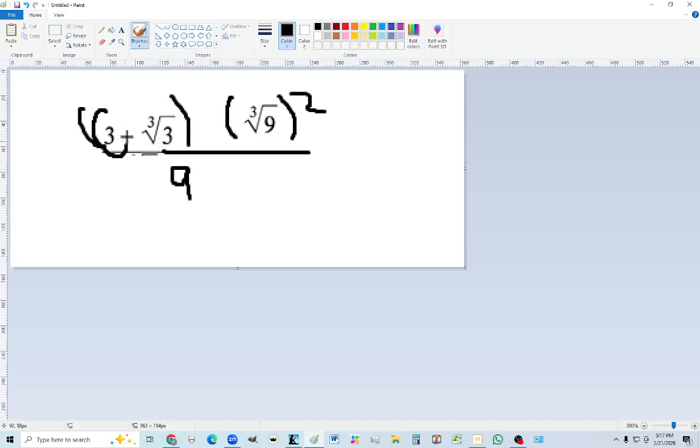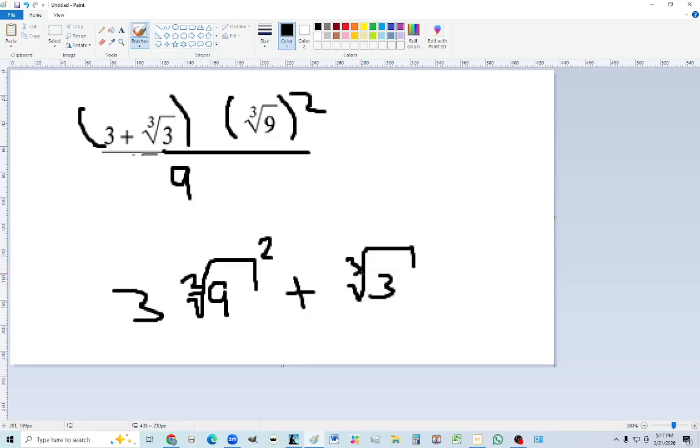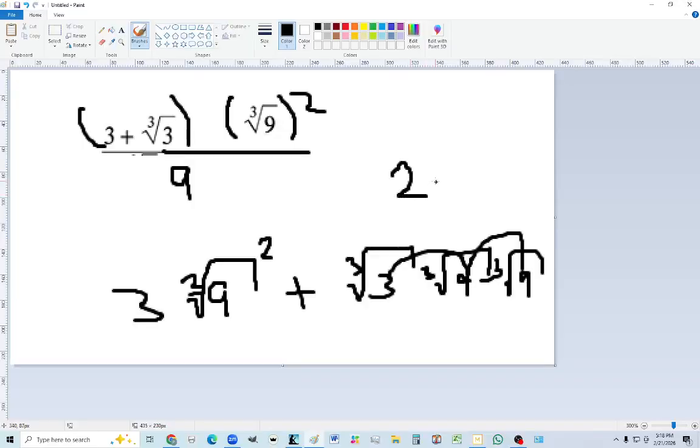This cannot cancel with this 3 because it's being added. We have to distribute. So it becomes 3 cube root of 9 squared plus, these are both cube roots, but that's squared. So it'd be like cube root of 3 times cube root of 9 times cube root of 9. 3 times 9, 27. Times 9 is, so 81 times 3,